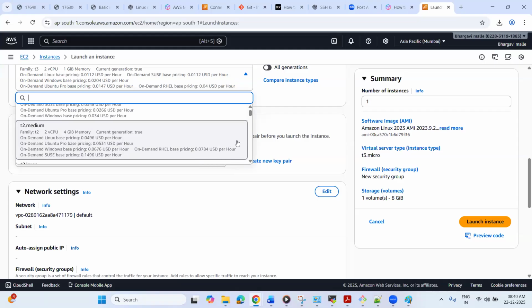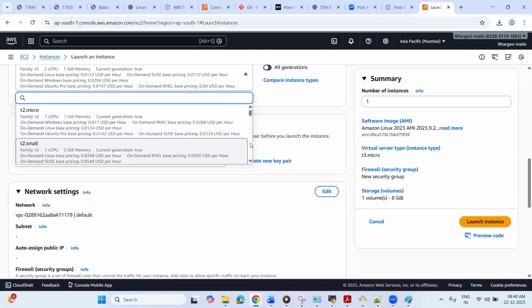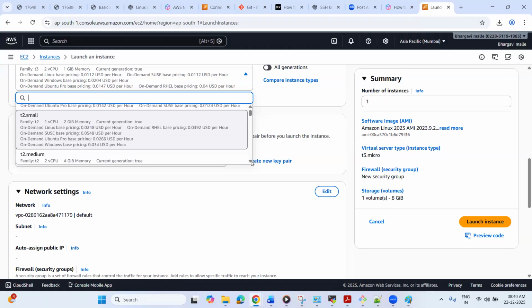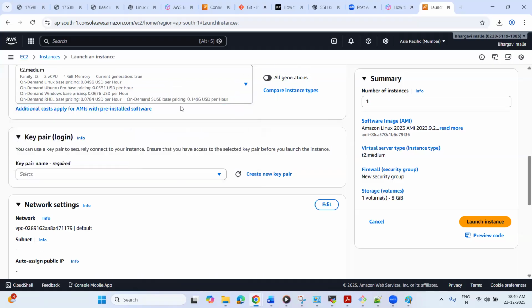Okay, and if you go here to the T2 with 1 GB and 2 GB RAM, how much will they charge? About 0.34 they will charge like that. Say I am selecting the T2 medium here. Okay,